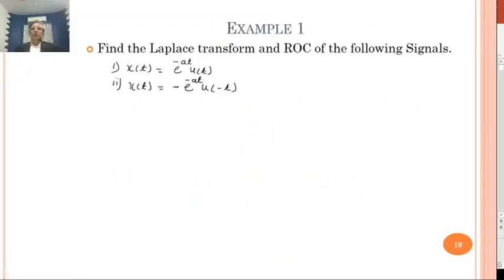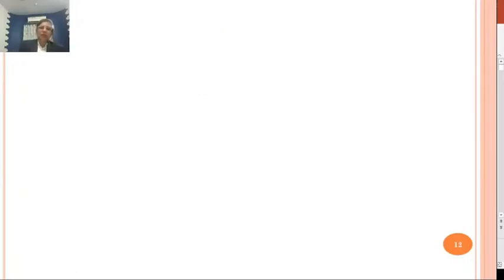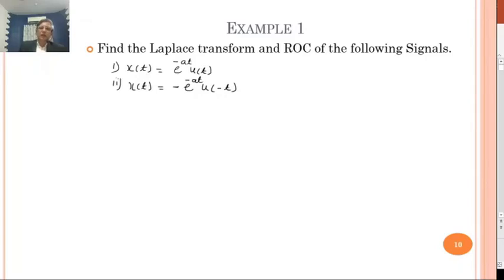Now we will solve some problems. We will find the Laplace transform of some signals and the ROC of that signal. Now the first signal is